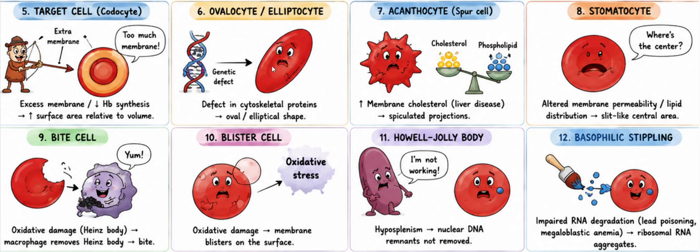Ovalocytosis is a genetic defect where there is a defect in the cytoskeletal protein. Normal RBCs, when they are squeezing through the sinusoids, become oval in shape as they go along, and then they regain their spherical or disc shape. But here, because of the cytoskeletal protein abnormality, what happens is the membrane sliding over the cytoskeletal